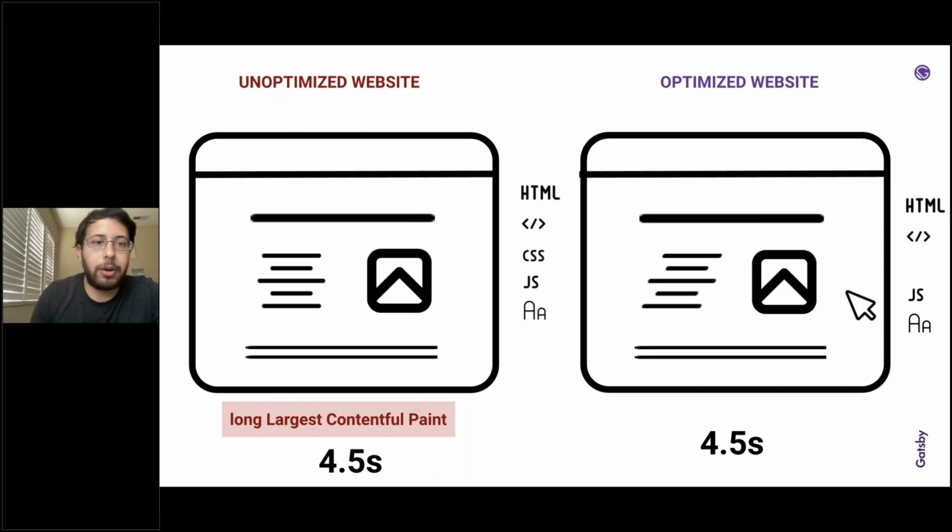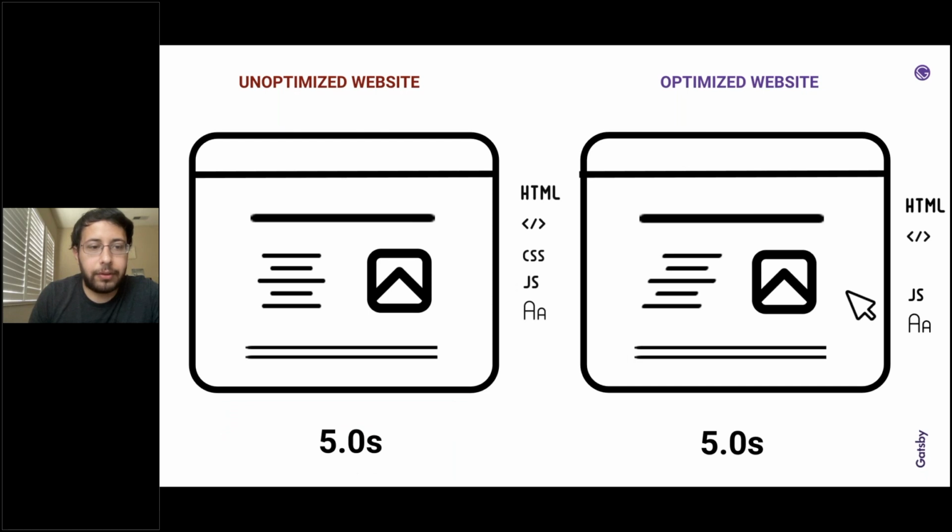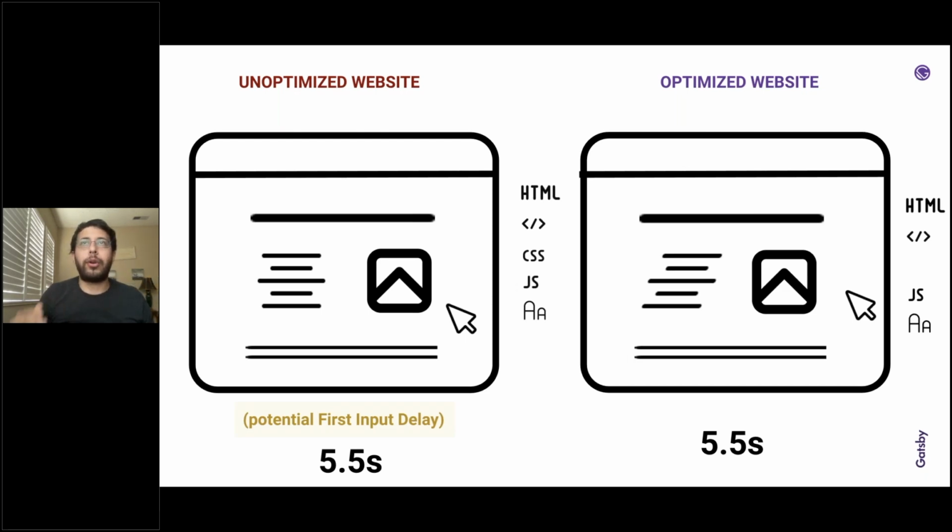So then we're going to keep going, and then we get to 5 seconds, and then 5.5 seconds, and again some opportunity for an input delay here. So again, we're going through the same example a number of times, because often as developers, the way that we develop intuition is we look at the same example enough so that we understand exactly what's going on at each stage.